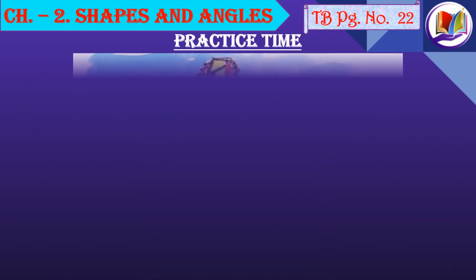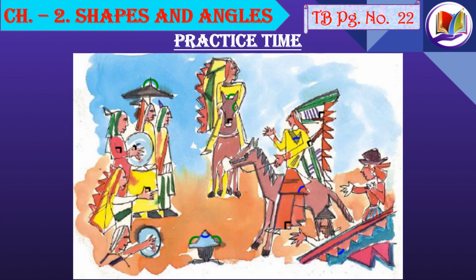Well, I have done it for you. I have marked right angles with black color, acute angles with blue color. Acute means less than 90 degrees. The angles marked in green are more than a right angle. That is, they are obtuse angles. I have done a few angles for you. You can still look at lots of other angles in the figure and mark them in your book.